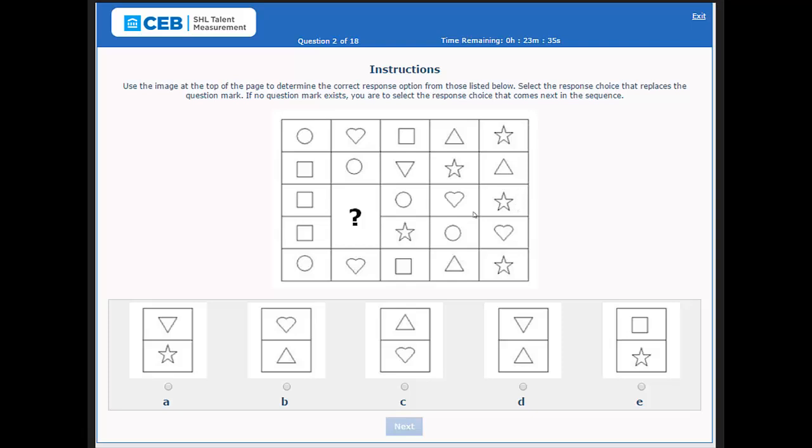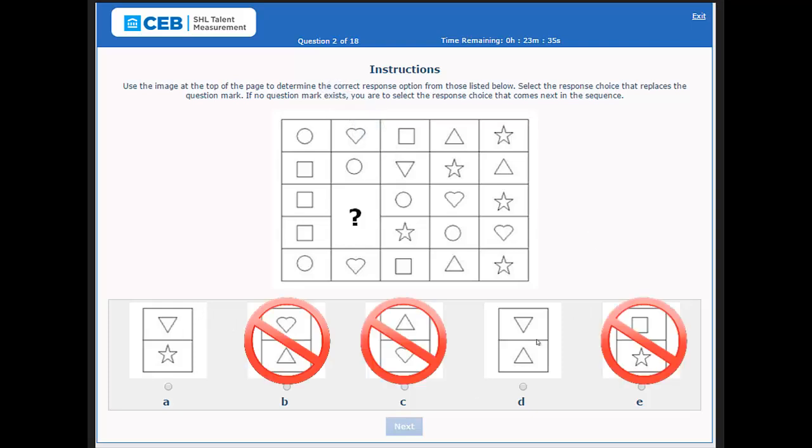Now, because on the previous sequence we ended up with a normal triangle, then on the sequence that exists in the third row we need to have a reverse triangle. So the first shape of the duet of the requested shapes for this particular task must be the reverse triangle. So from the answer choices set that we have available, only the A, D option are candidates for the available